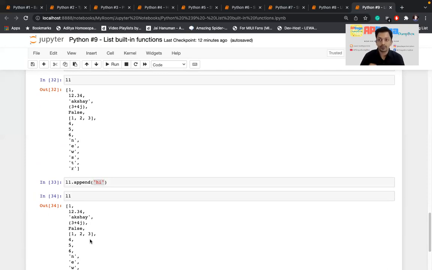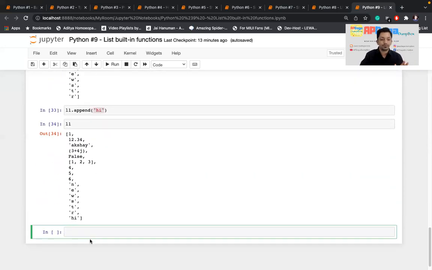I am revising once again. If you pass anything in append, the whole thing, whatever you pass in the append function, will be added in the list as a single element. But whatever you pass in extend, there is a limitation. You can only pass some iterable value in extend, and whatever you pass, each single character or single element of the list will be added as one element in your original list. Okay, so that's the basic difference.